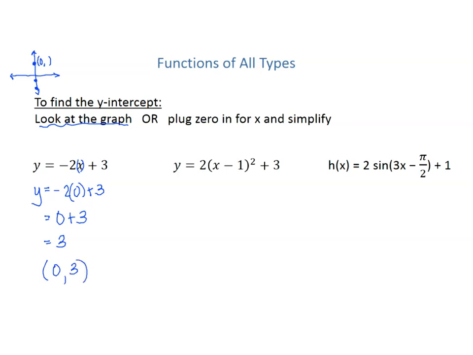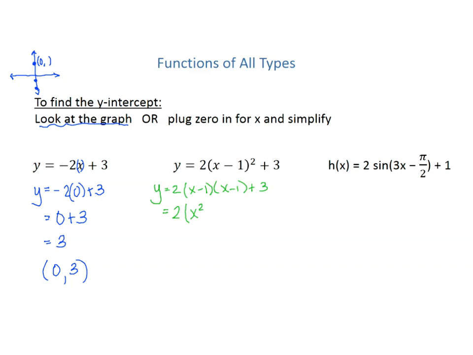All right, the next equation has an x squared. It actually has a binomial squared. So that means we're dealing with a parabola. So in order to do (x minus 1) squared, that means that I'm doing x minus 1 times itself, and then adding 3. So when I do that, I get 2